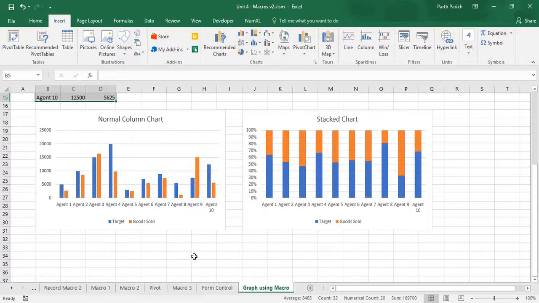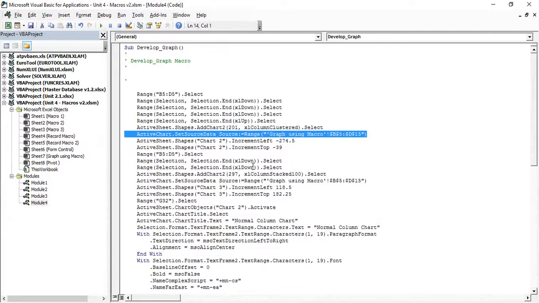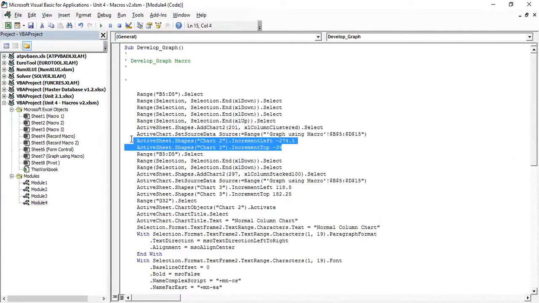In this sheet I have pasted it. Excel has created this graph using a macro from B5 to D15, so whatever data was given, Excel created that graph. Excel has also provided some other statements, like shape IncrementLeft and IncrementTop. This is the dimension Excel has given to the graph.